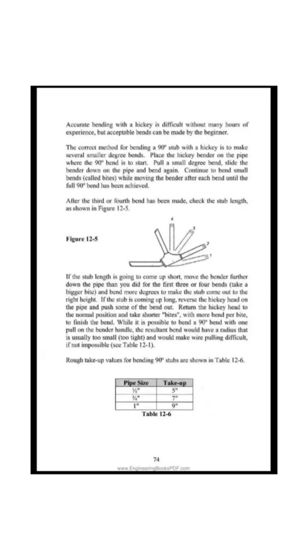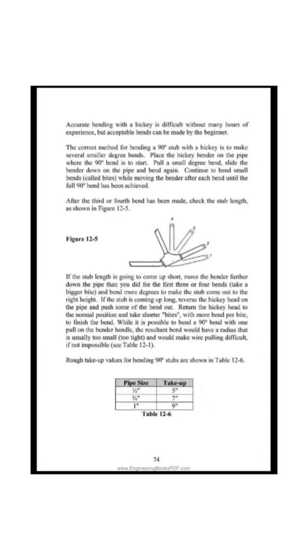Continue to bend small bends, called bites, while moving the bender after each bend until the full 90° bend has been achieved. After the third or fourth bend has been made, check the stub length, as shown in figure 12:5. If the stub length is going to come up short, move the bender further down the pipe than you did for the first 3 or 4 bends, take a bigger bite, and bend more degrees to make the stub come out